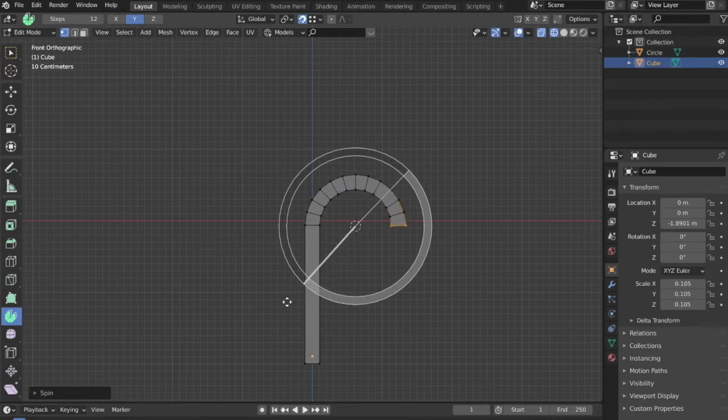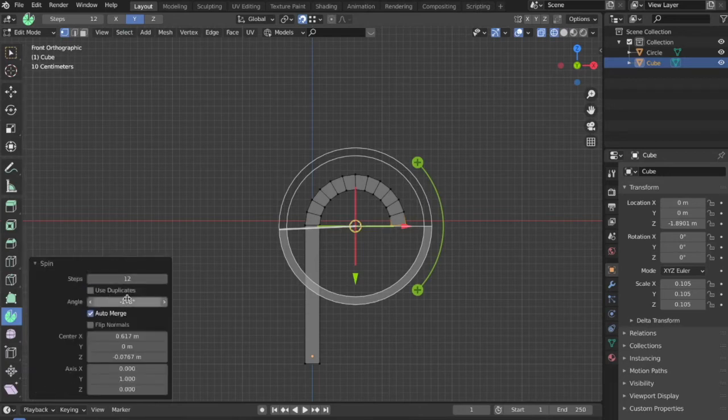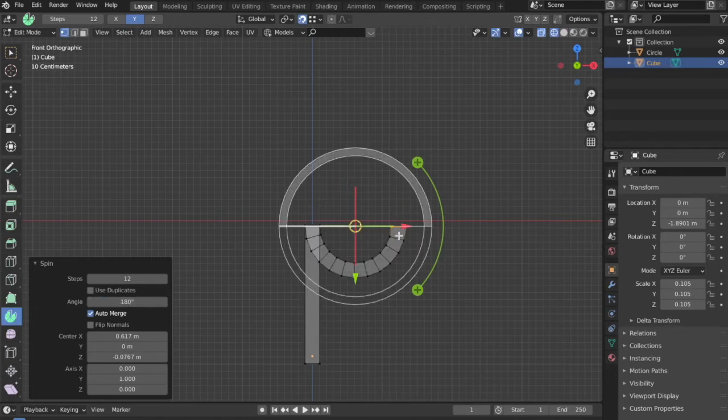There is another option so that it can be done accurately. So just leave it over here and over here before moving to any other command, go to this option and over here select the angle to -180 because we want to make a half semicircle in the negative direction. If you were to do something else, what you could do is you could press 180 for example and this is what would happen. But in this situation it will be -180 degrees.